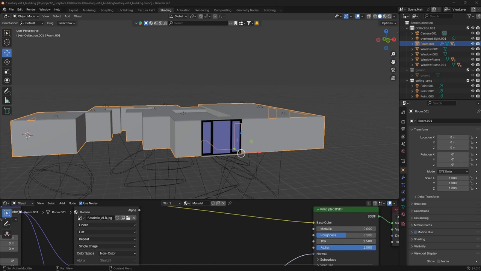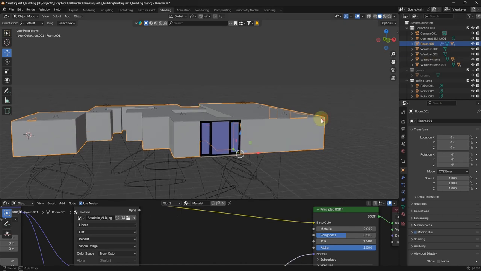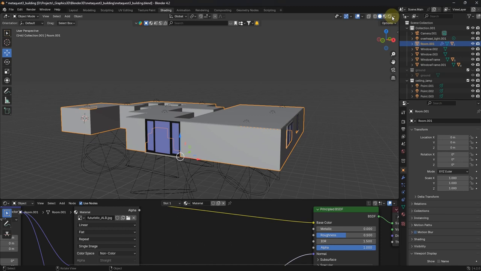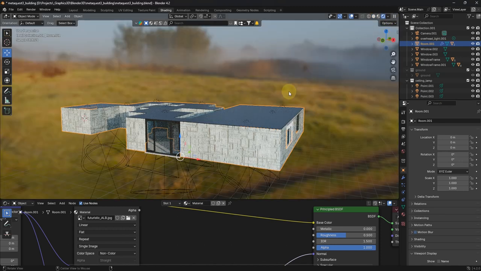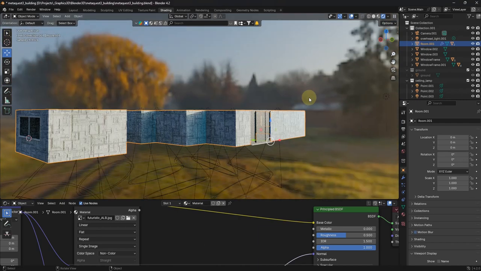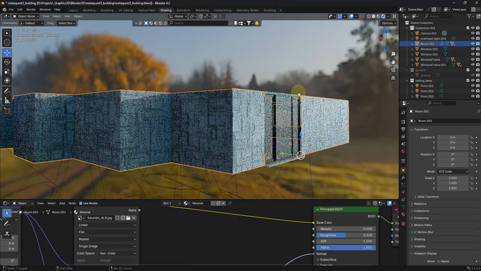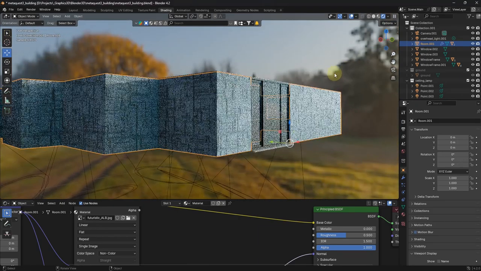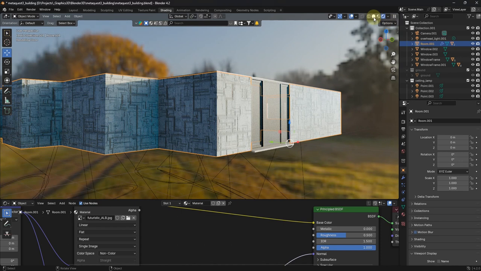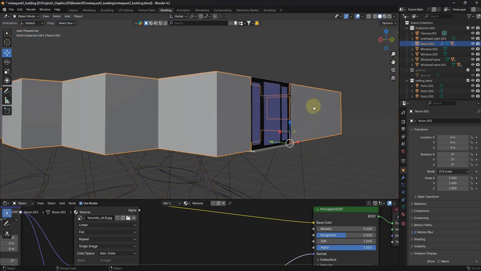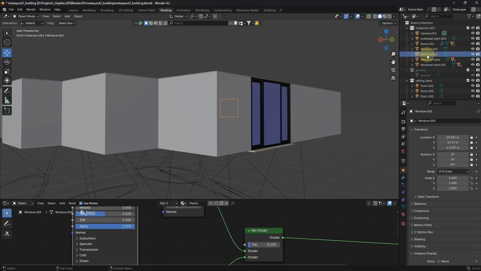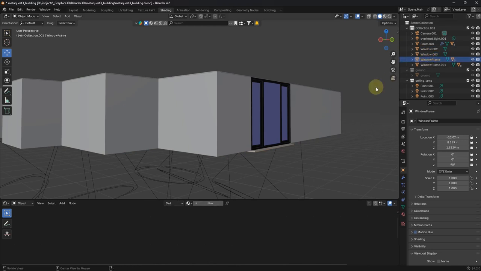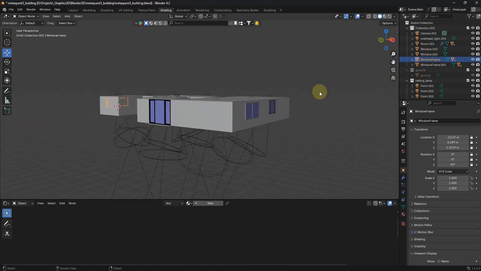So in this video, I'm trying to look at how I can create this exact visualization in three.js, so the transparent window and stuff. That will mean that I'll need to split this mesh into bits rather than just exporting the whole building as a single unit. And that will mean exporting just the building, just the windows, and going through the